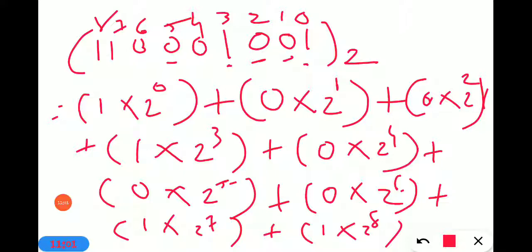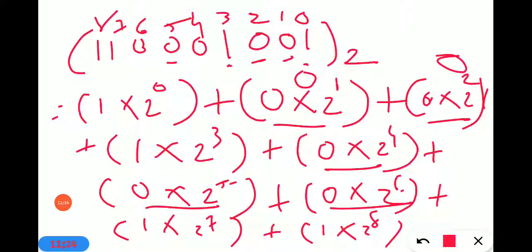इस तरह से सारे नंबर्स लिख देना है with multiply base and that position. अब सबका कैलकुलेशन करना है. 2 raised to 0 means 1, so answer is 1. 2 raised to 1 into 0 is any number. यहाँ पे जितने भी नंबर्स आपको दिख रहे हैं which is multiplied with 0, we directly write down 0 of that sum. No need to calculate it. ये सबका आंसर 0 लिख दो.